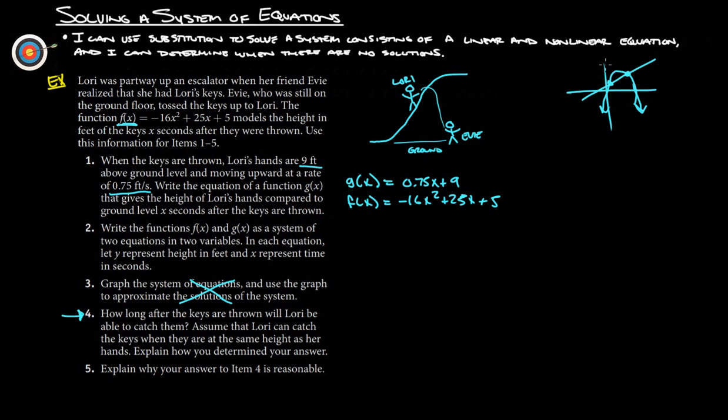Or it might be just one, or it might be none if she didn't throw it hard enough. So I guess that graph is kind of helpful just to get an idea of what we're doing. So how long afterwards? What we're going to do is just do what we did earlier